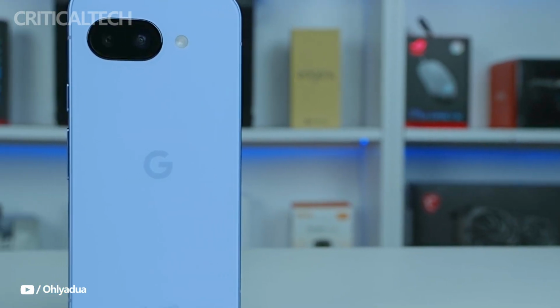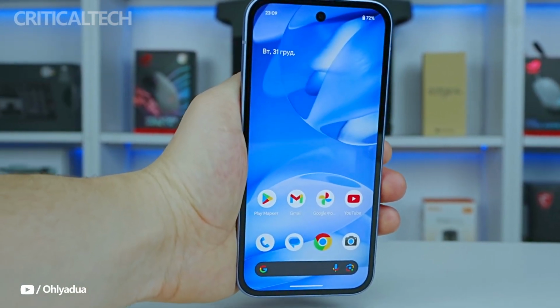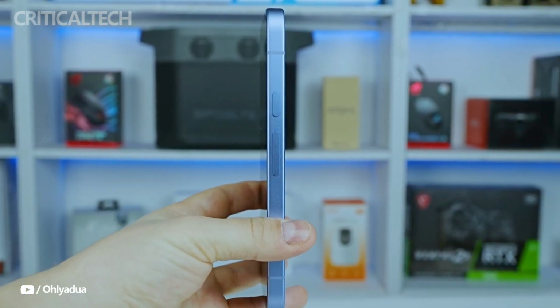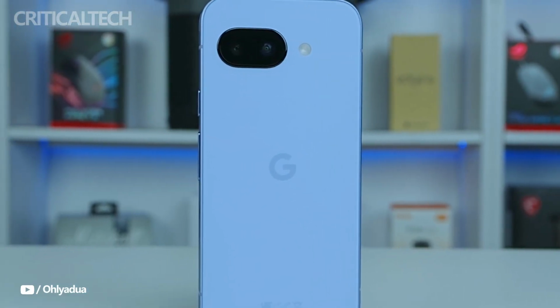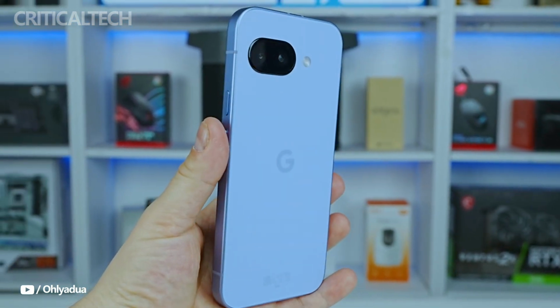Hey everyone, the Google Pixel 9a has been officially announced, marking Google's entry into the competitive mid-range smartphone market. While it will be available later, the device has already generated significant interest due to its design and features. Unlike its more premium siblings in the Pixel 9 lineup, the Pixel 9a does not feature the large camera hump,